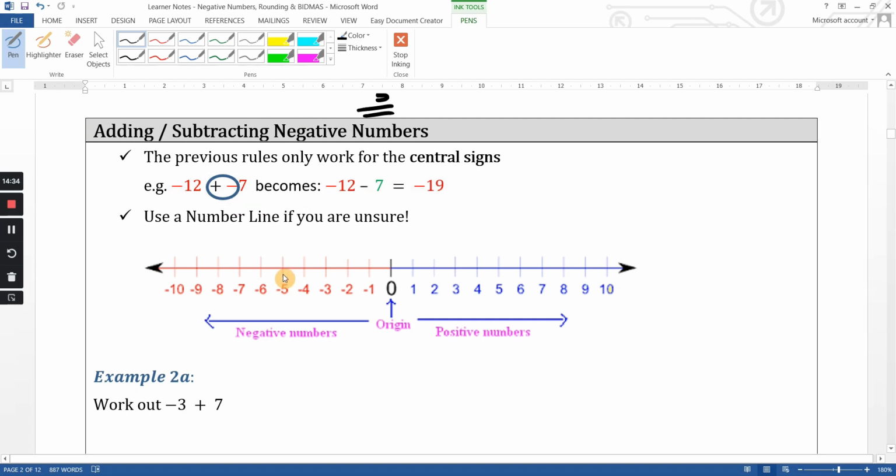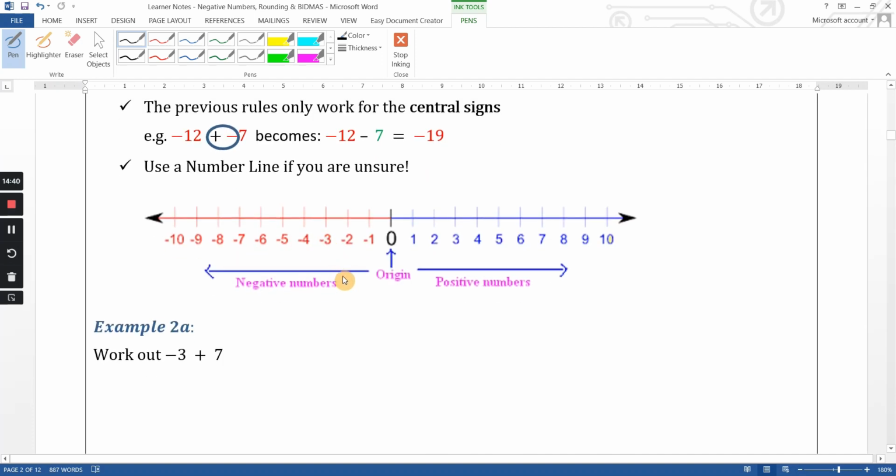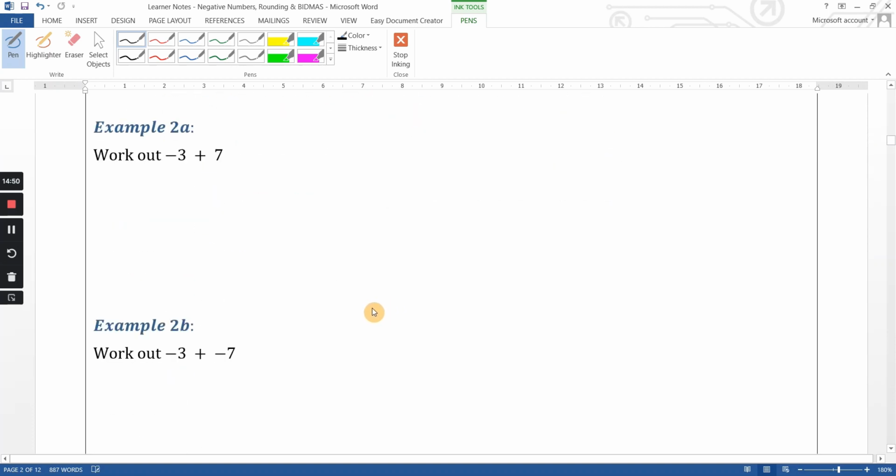Okay, and the way to do these is you have to use the number line. Ideally you should be doing it in your head, but if you can't do it in your head, just draw the number line. It just takes 2 seconds. So for example, work out